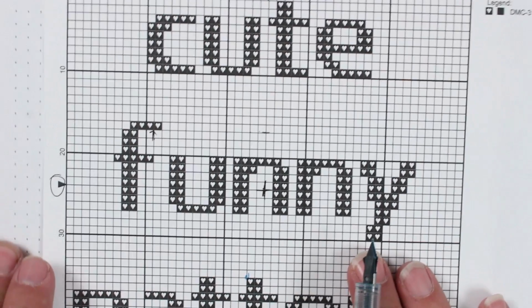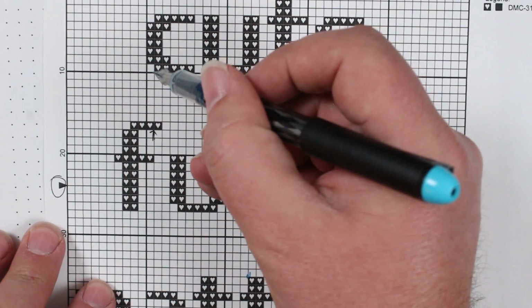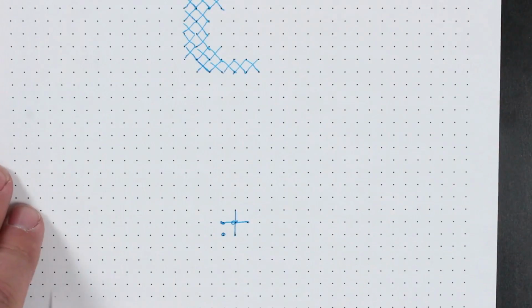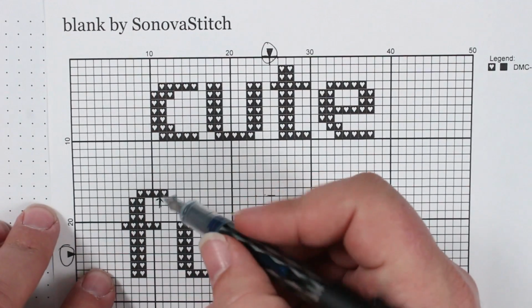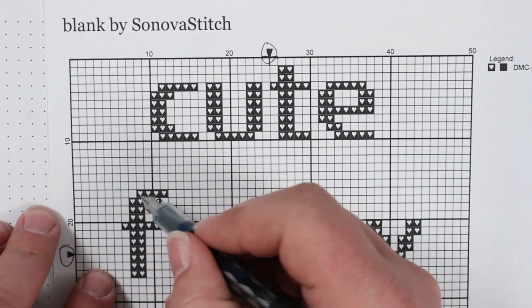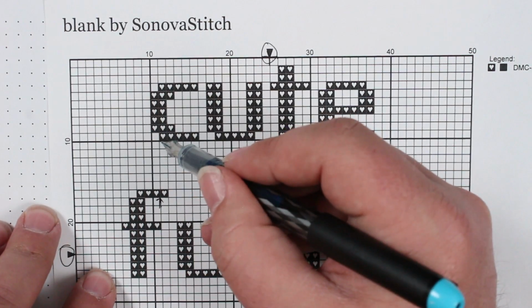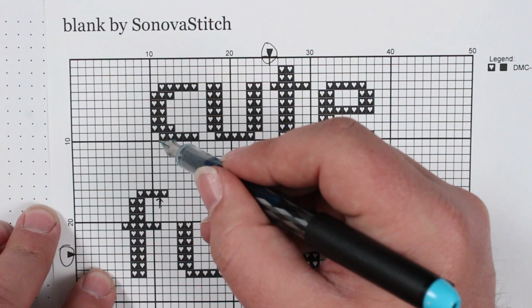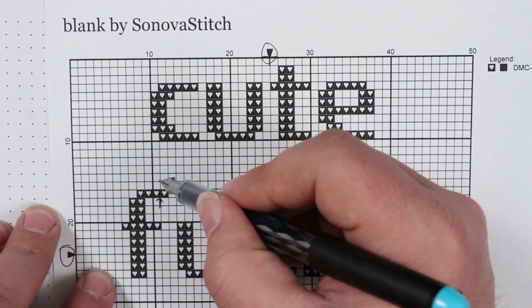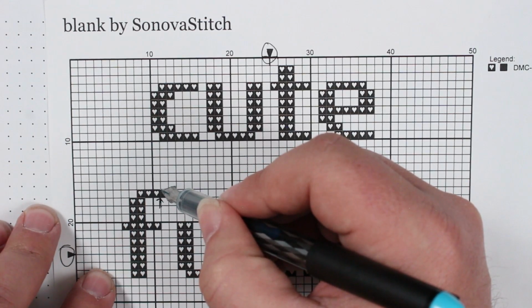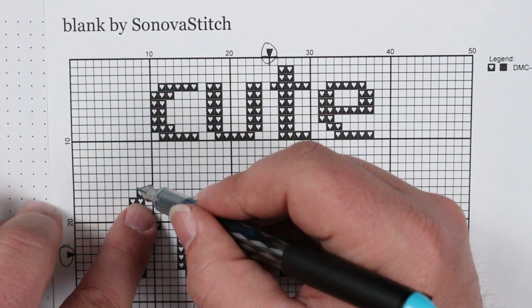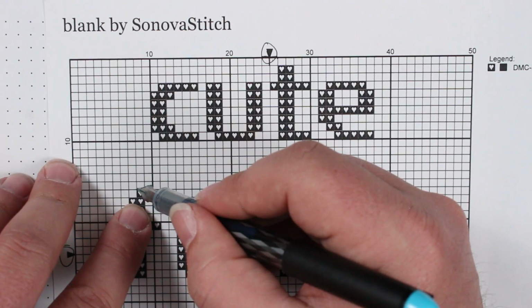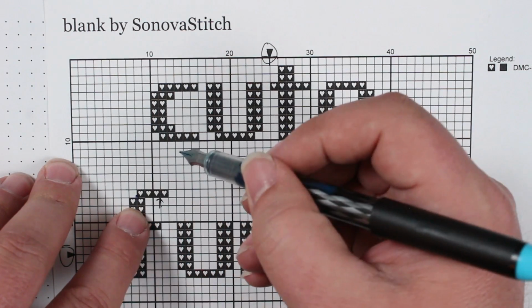Now let's do it again, and suppose that we've completed the C. I've simulated stitching that C on my fabric, and we're going to figure out where to start the F. I want to do this stitch first on my F. So from the C, if I count from this stitch, I'm going to go 1, 2, 3, 4, 5, 6 down, and then 1, 2, 3 stitches over. But I need to remember to count from the same position, so I'm going to go 7 down and then